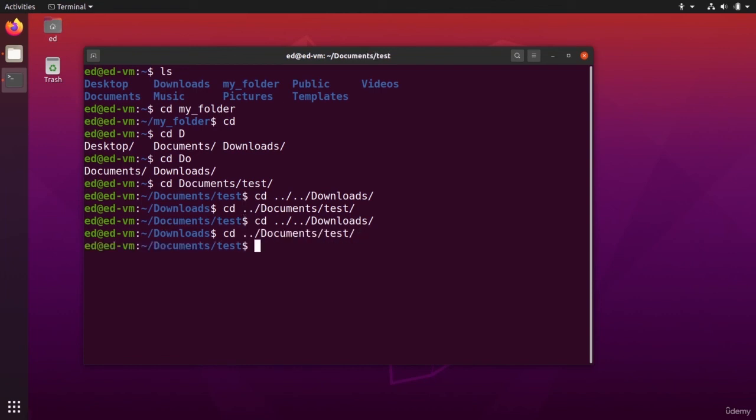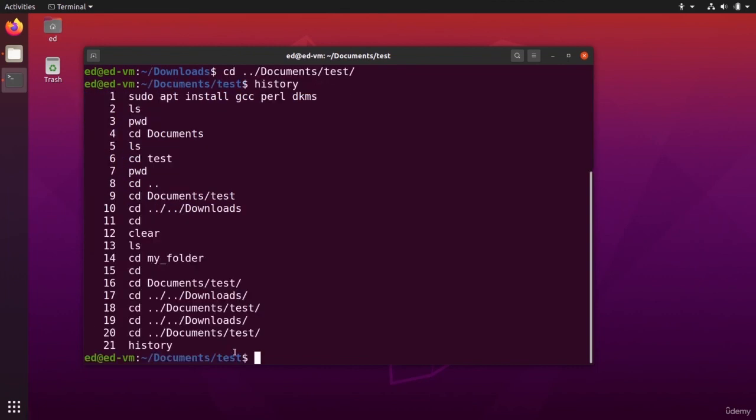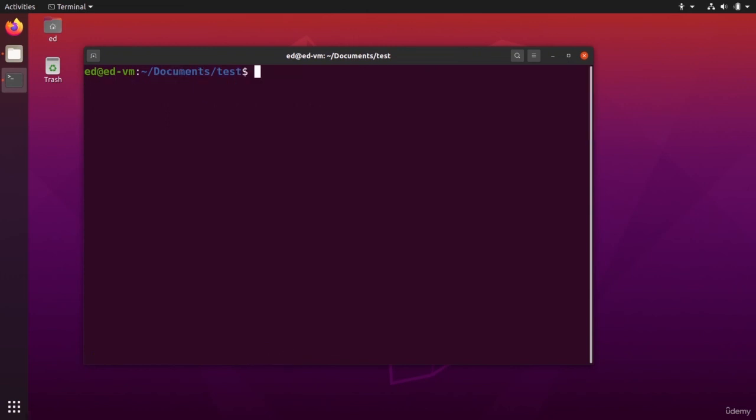And if you want to have the list of all commands, you type history, enter, and you can see all the history of all the commands you have written. All right, and now let's say I want a clear interface. I do clear again, and I'm still in my tests folder, but with nothing on the screen. So to recap, you have seen here the clear command, you have seen the auto-completion and how to use the history. Those commands are going to make your life much easier when using the terminal.